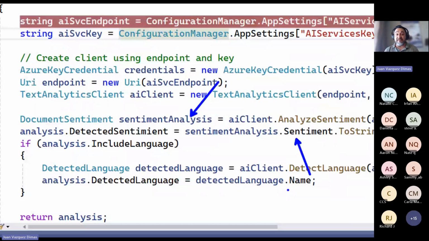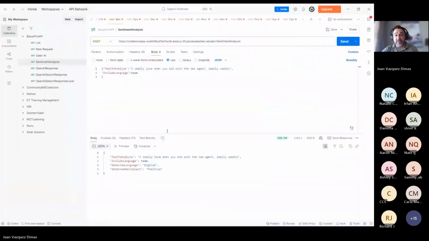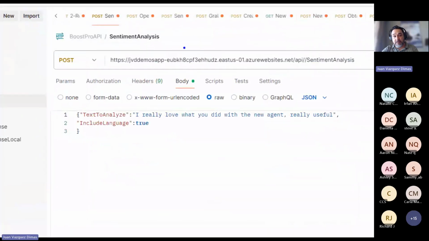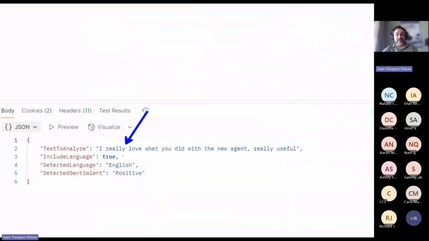Once you publish this API, you will be able to make a call by using a POST request, a REST request, and then I can send, hey, can you analyze the sentiment? This is the text that I want to analyze. I also included the language detection. So when I call this method, basically, this will be calling that method, and that will return the sentiment and